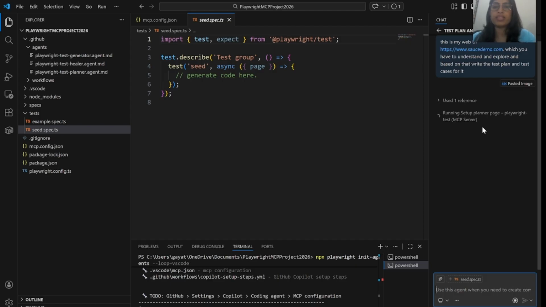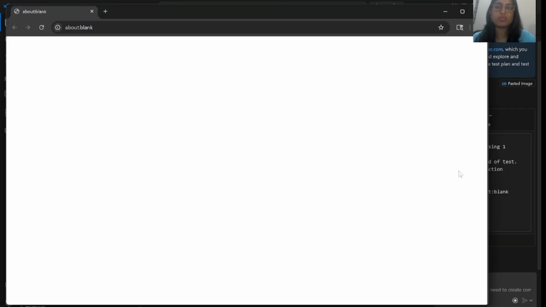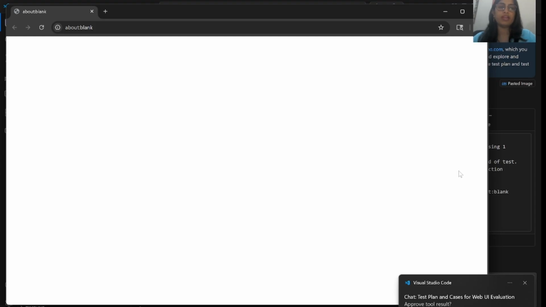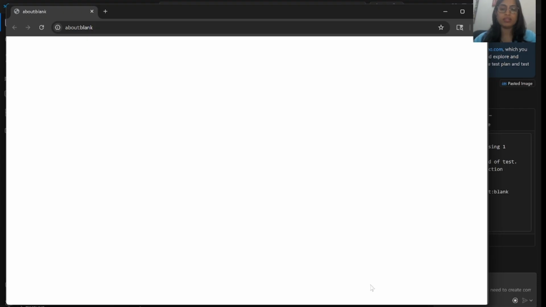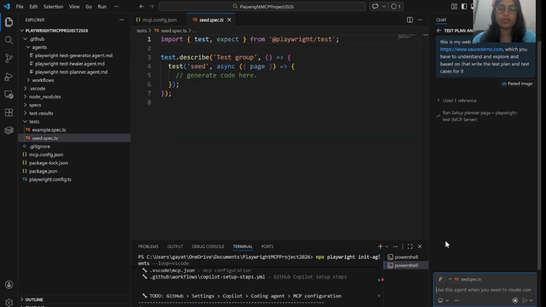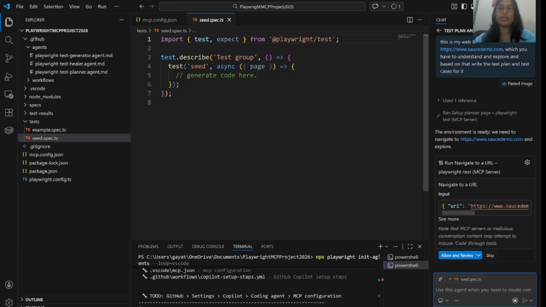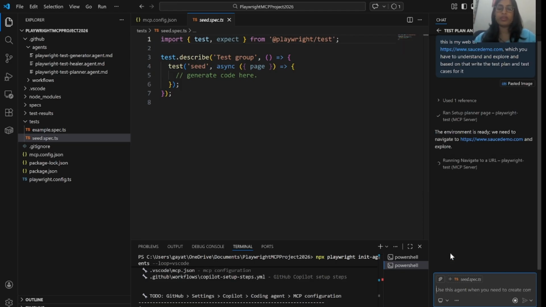Also, it is providing connectivity with Copilot, so you need a GitHub repo here, which I already have. That's why it is not giving me any error. But if you are using it for the first time, just log in with your GitHub ID here. So it launches the browser. Now it is asking for permission, so I allowed it. So I am performing all the exchanges with one click only. Then allow and review.